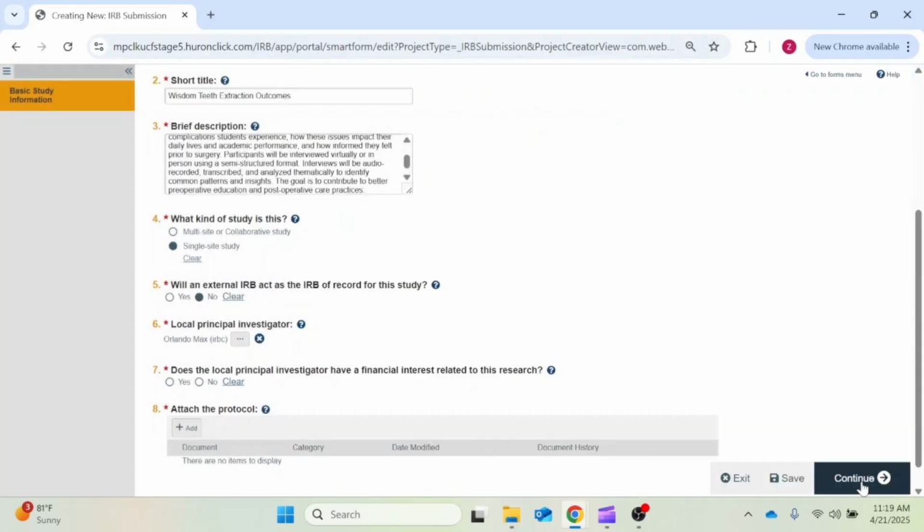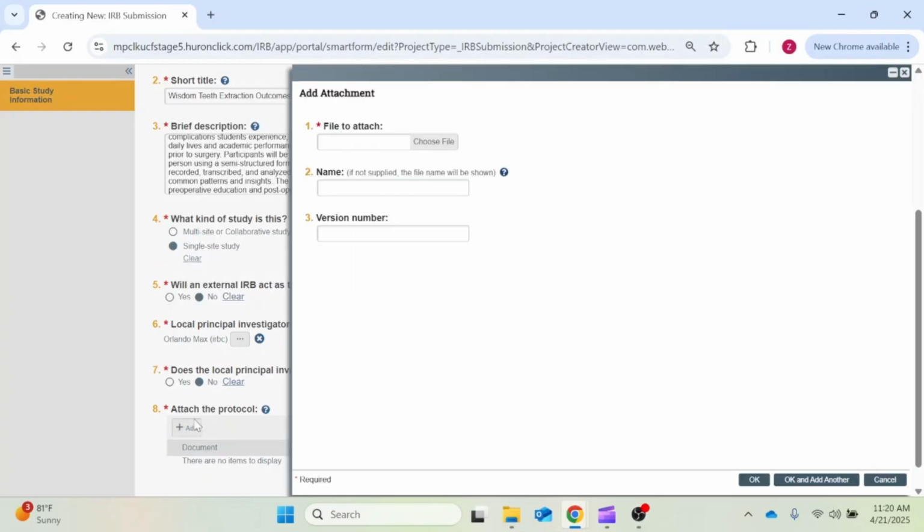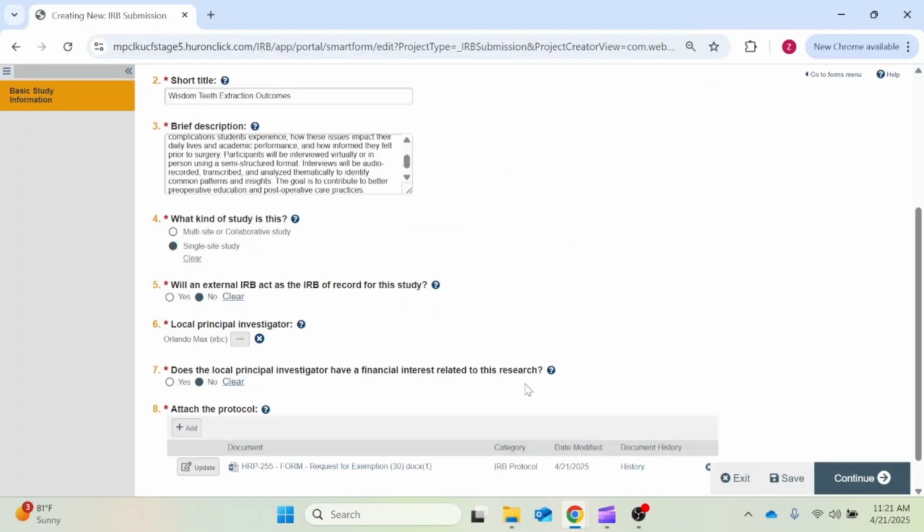Next, disclose whether the local principal investigator has a financial interest related to the research. Lastly, attach the complete protocol that corresponds with your study review level by selecting Add. Then choose File. Upon uploading your protocol, you can rename the file and add a version number. Note, if the basic study information page is not complete, you cannot save or proceed to the remainder of the